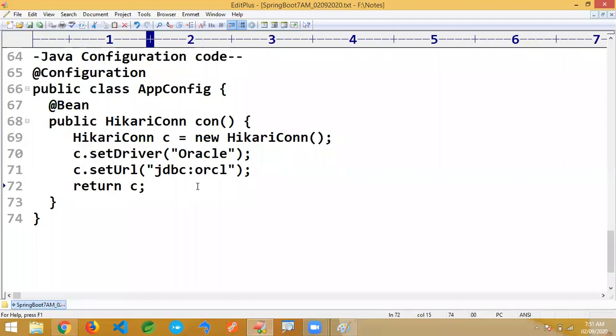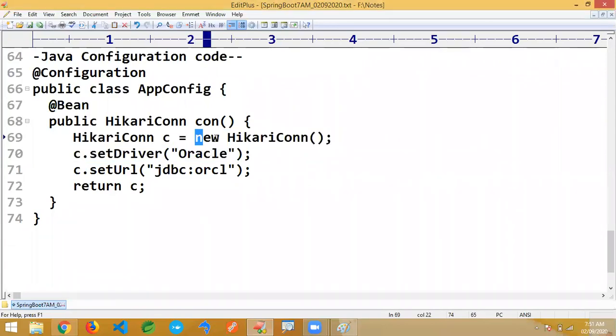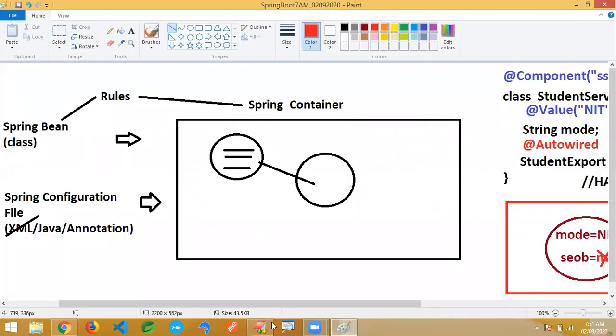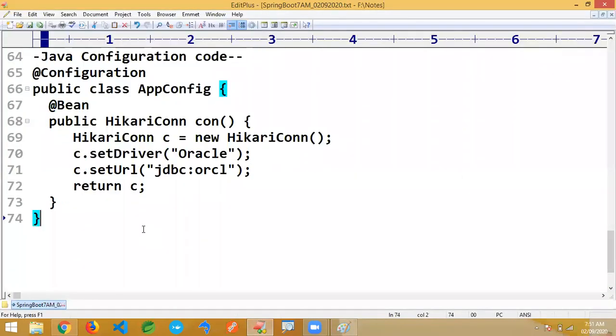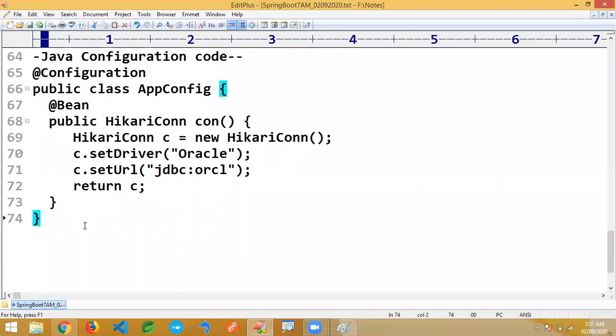Here the advantage is this object you can access wherever you want in the application. Here we would normally use the new keyword, but consider this code as actually creating an object in the container so that it can be accessible everywhere. There is a lot of difference between creating the object like this in core Java and in Spring. I'll show that later.